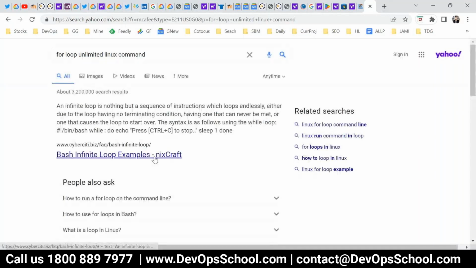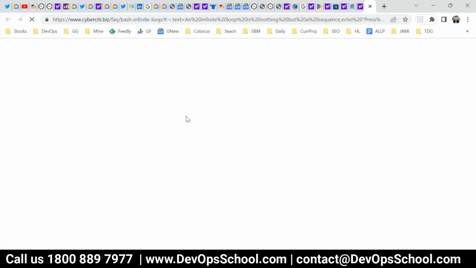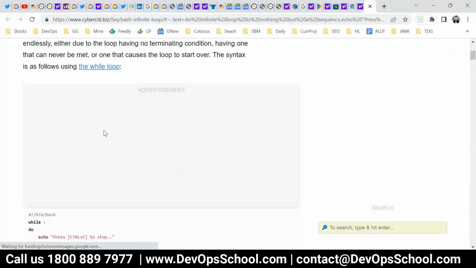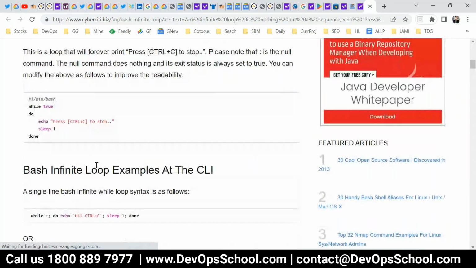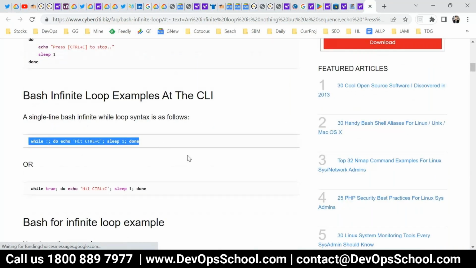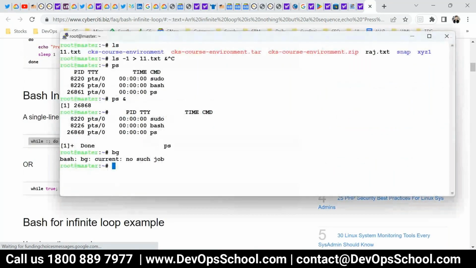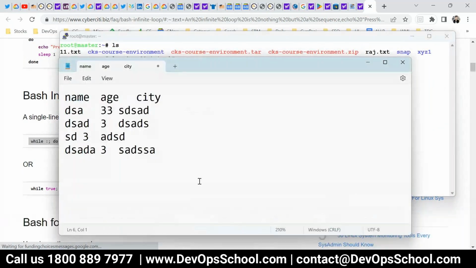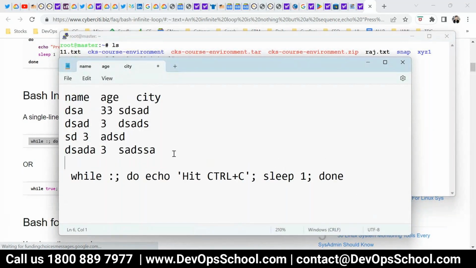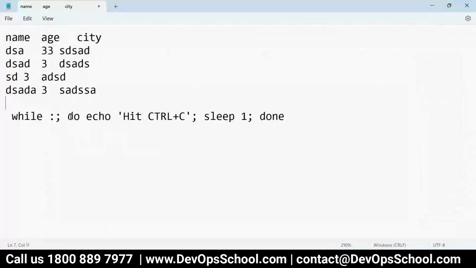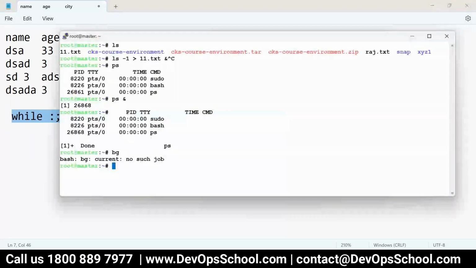So this is a one-liner. The command which I am running echoes this line after sleeping for 1 second, and with while true, it will run for unlimited time.